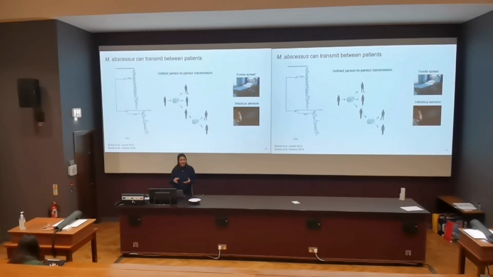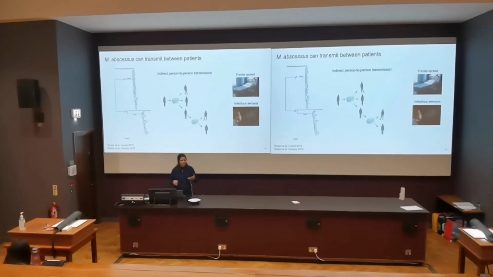through surfaces, so these are called fomites, inanimate objects that you might cough on and then someone else might pick up the infection from that, or infectious aerosols, because many of these patients have physiotherapy at hospitals, so they generate aerosols, and maybe the other person enters the room after that and picks up the infection somehow. Because although they hadn't had any direct contact with each other, we actually had evidence that many of them had been in the hospital on the same day, so maybe this was a mechanism of how they spread to each other. So this was quite a major finding, but we still didn't really understand how people were spreading Mycobacterium abscessus